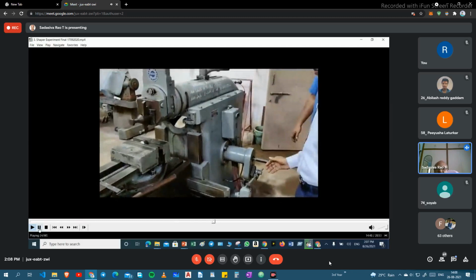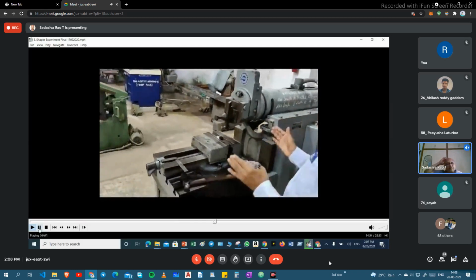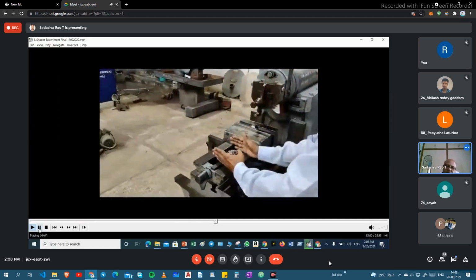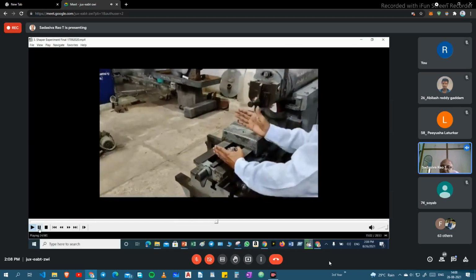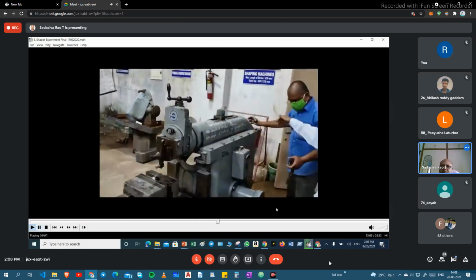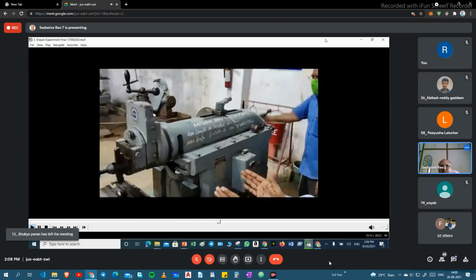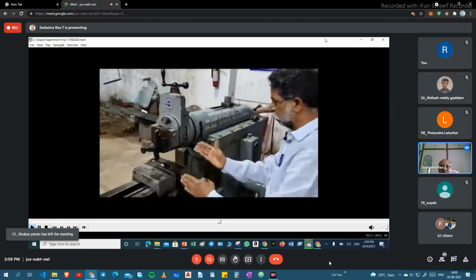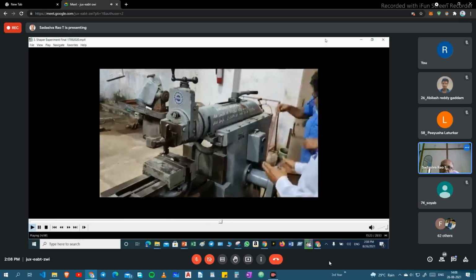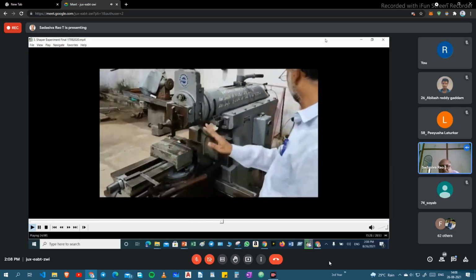Then the second one is the position of the stroke, the movement of the position of the tool. Suppose your workpiece is here, so your tool must move here only. That is the position of stroke. That also we can control here. First use this lever, then rotate the screw, and the entire ram will move forward to the particular position you want. By this lever we can vary the length of stroke, and by that one we can vary the position of stroke. Now the tool is moving here only. These are two important points.